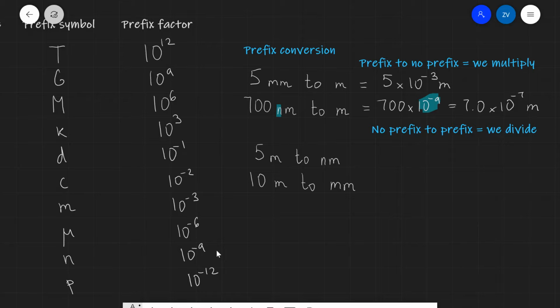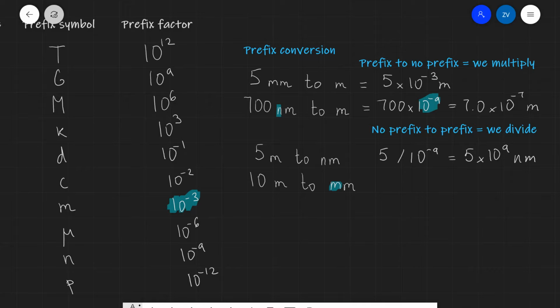If we're going the other way, so if we're given a value with no prefix and we want to convert it to a prefix, we're going to be dividing. For instance, if we want to go from 5 meters to nanometers, I'm just going to divide 5 by 10 to the power of minus 9, which is of course equal to 5 times 10 to the 9